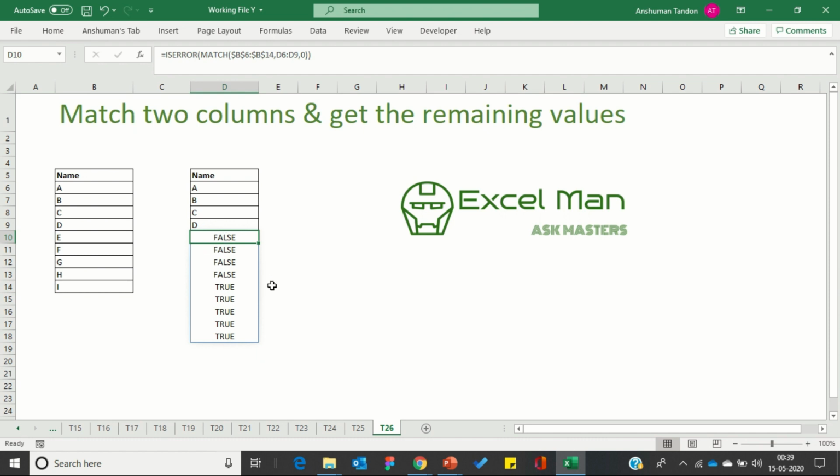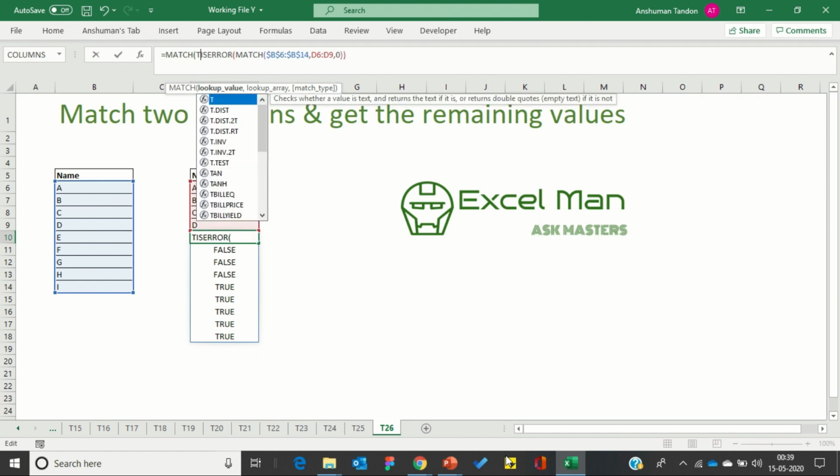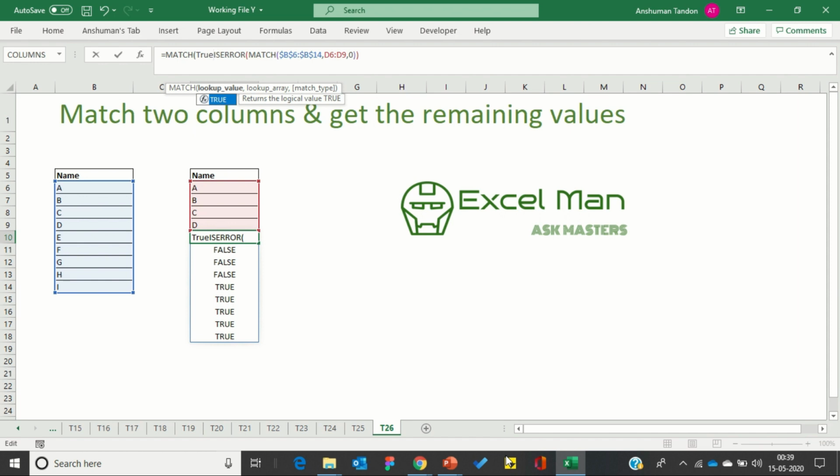So in order to get the number 5, we will again use the match function. We will type match, and in order to get the number at which the error exists, we will find true in the results, and in the lookup array we will add the result of all those two steps that we have done.